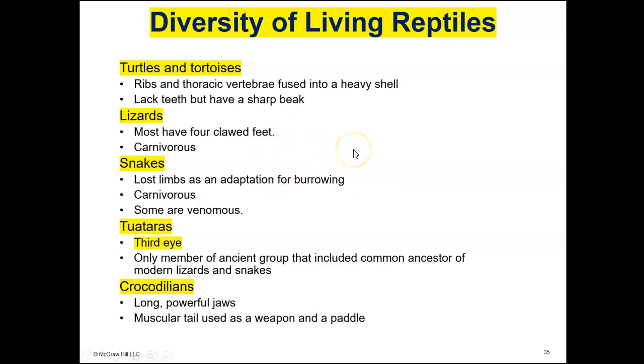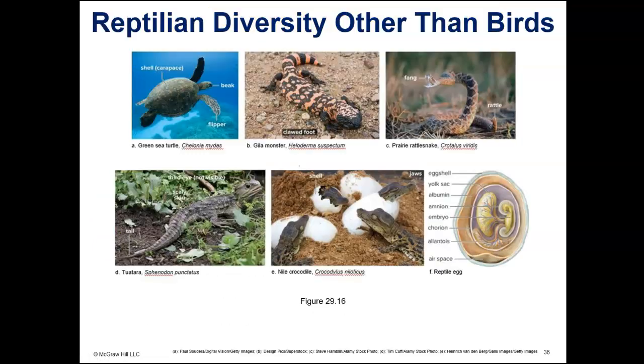All right, so we're talking about class Reptilia. The reptiles include turtles and tortoises, lizards, snakes, tuataras, which have a third eye, and crocodilians, which include the crocodiles and the alligators. And we see pictures here of a green sea turtle, a Gila monster, a rattlesnake, a tuatara,